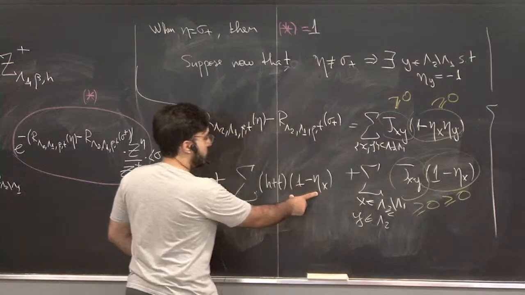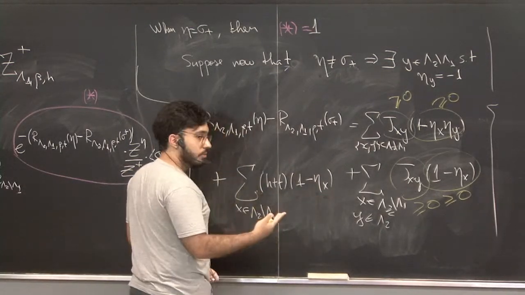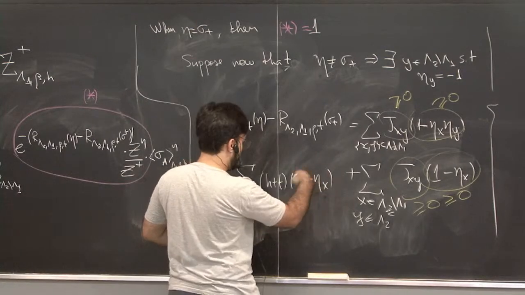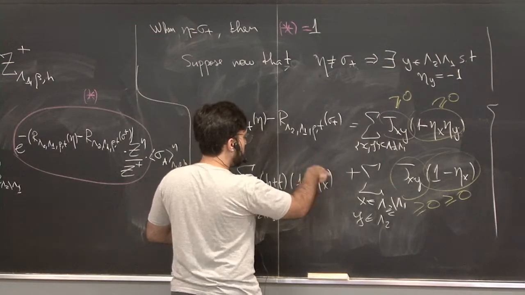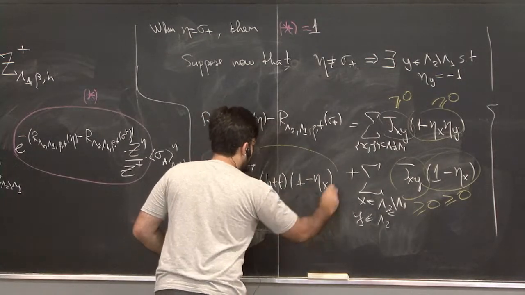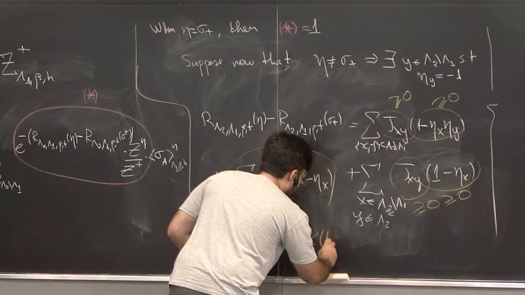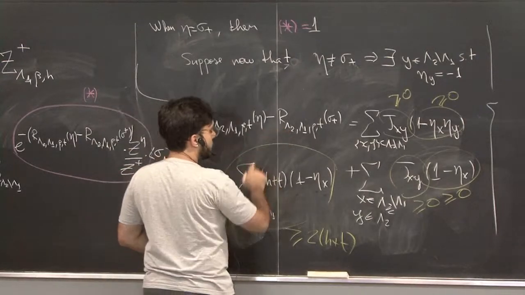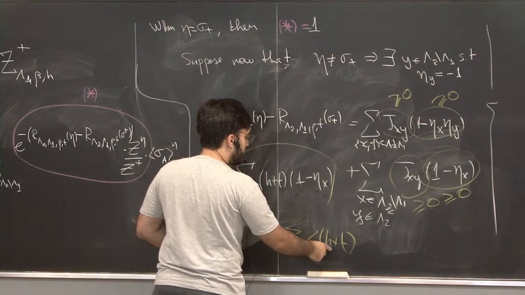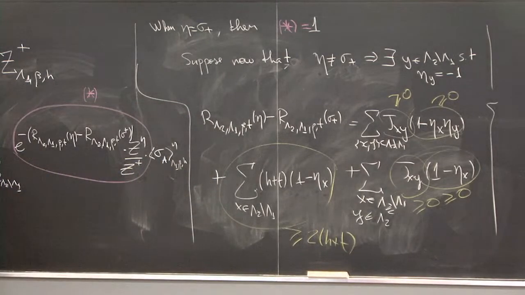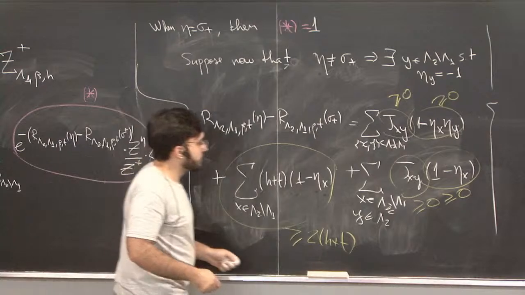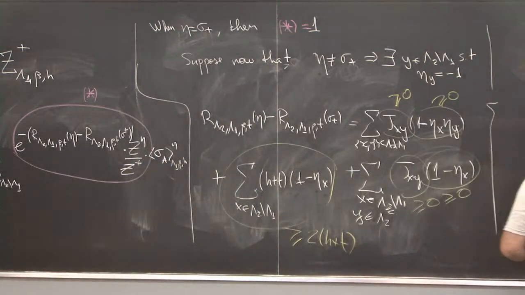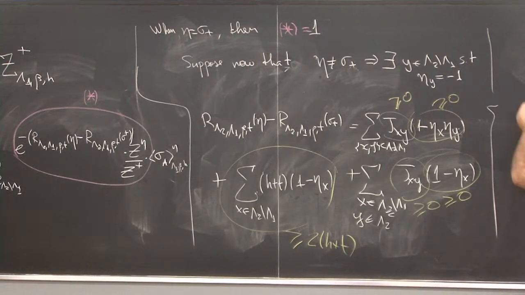So for this y, this term here will give us 2. So these are all positive, okay? But in y, this will be larger than 2. So this term right here is larger than 2h plus t. So what this gives us is that this difference is lower bounded by 2 times h plus t. And since we have minus this difference, this gives us that